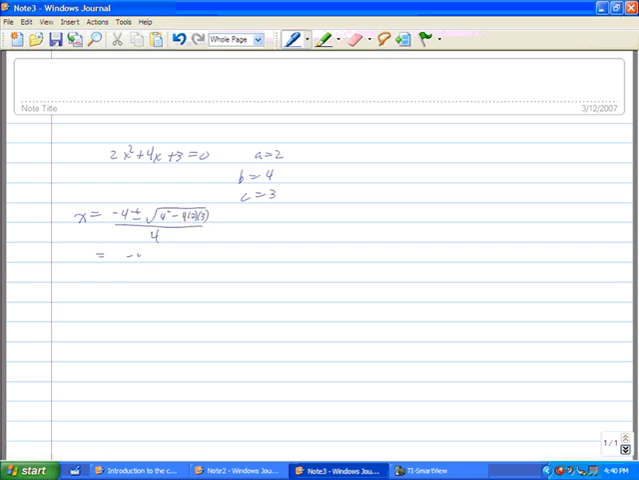So that is negative 4 plus and minus square root of 16 minus 24 all over 4. Negative 4 plus and minus the square root of negative 8. Again, a negative number means two complex solutions. So it's negative 4 plus and minus 2i square roots of 2 all over 4. Notice that everything is divisible by 2, so this becomes negative 2 plus and minus i square roots of 2 over 2. So that's how you can use the quadratic